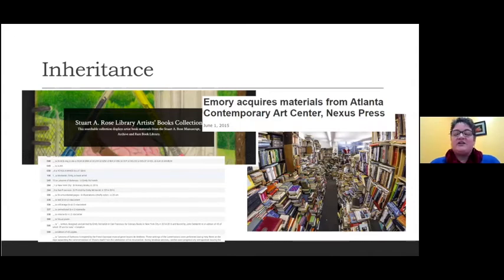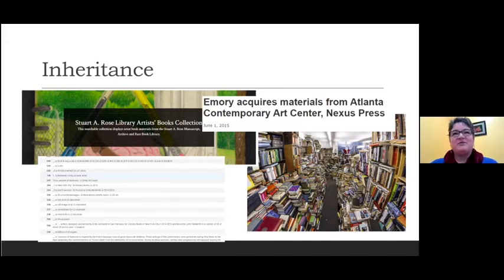I inherited an artist book showcase website. This is actually the redesign, which is beautiful. The old one was a little bit clunky and included materials that weren't actually cataloged, so you could see them, but you couldn't come to Emory and get them to look at. And all sorts of catalog records, all sorts of good and bad metadata. And the lower right picture is not our actual backlog. Heaven forbid that any library's backlog look like this, especially with Santa Claus there in the background. But this is what I felt like the backlog was to me, both artist books and other materials. So it was a little overwhelming, but I got a handle on it.